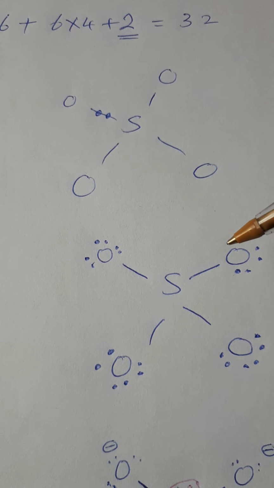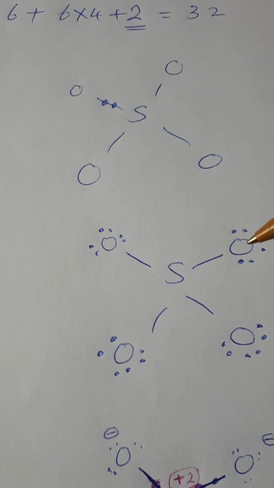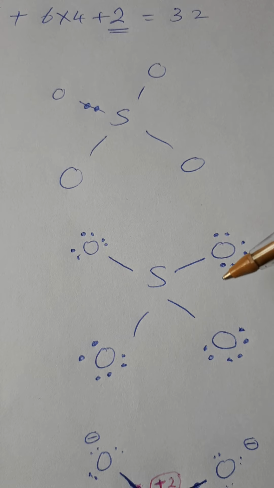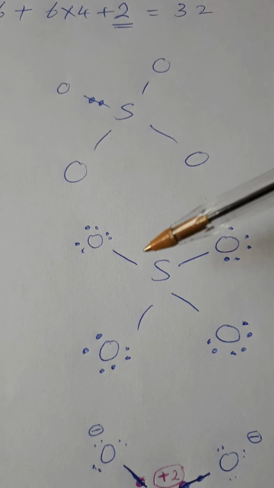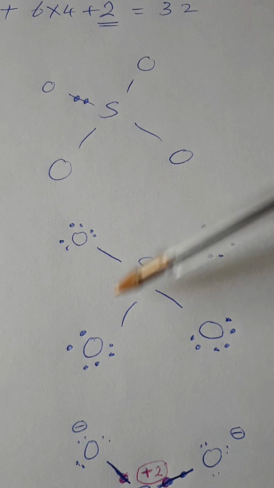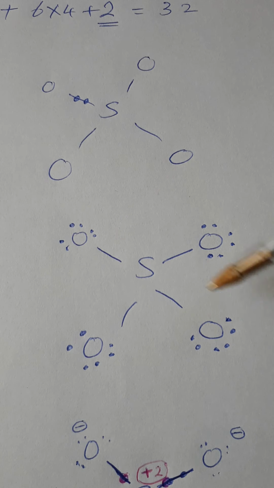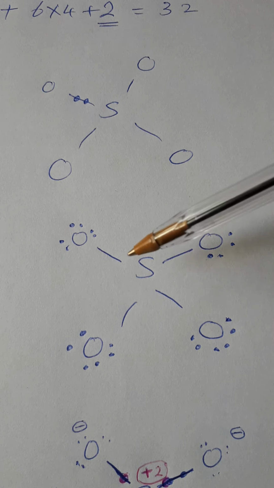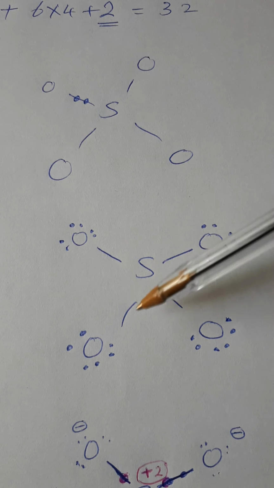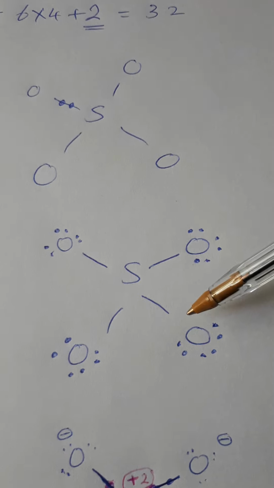Then our next step is completing the octets, 8s for the terminal atoms. You can see 1, 2, 3, 4, 5, 6 for each oxygen atom. So now you can see 6 times 4, 24. All the electrons are gone. At this moment, sulfur also has the octet. 1, 2, 3, 4, 5, 6, 7, 8. But